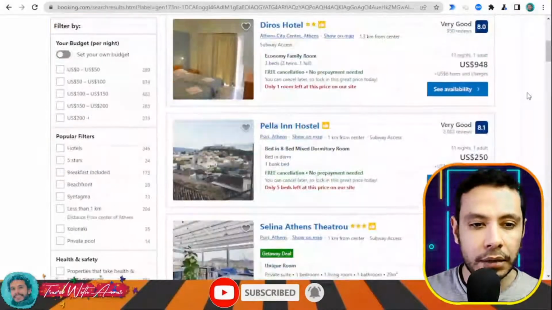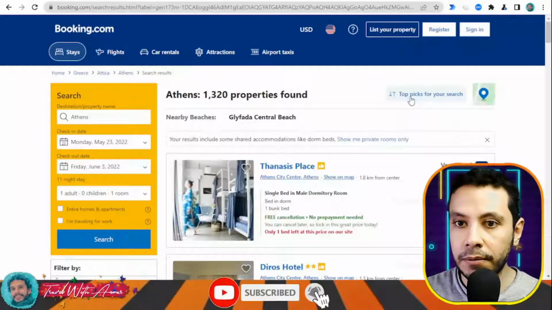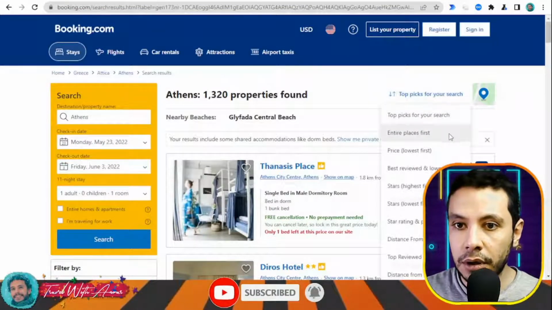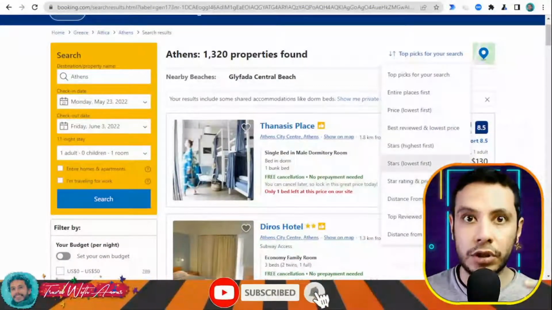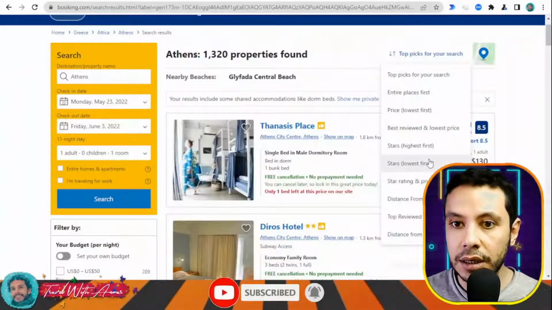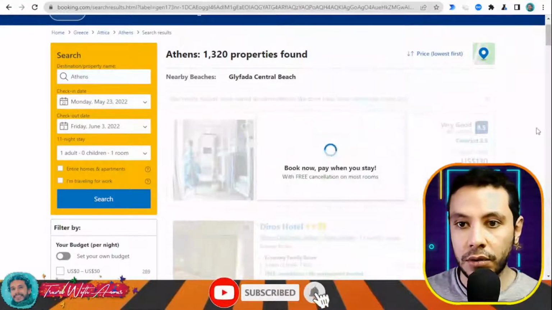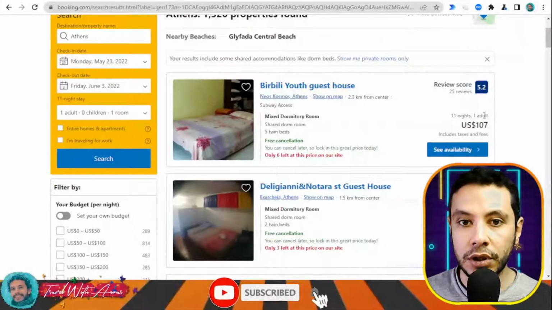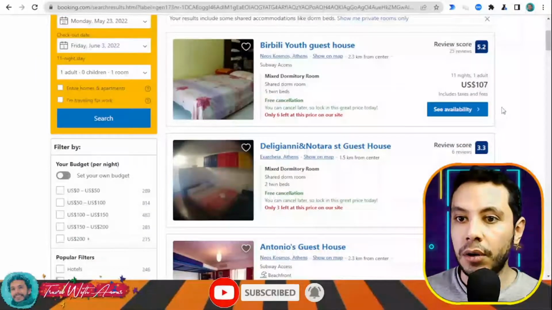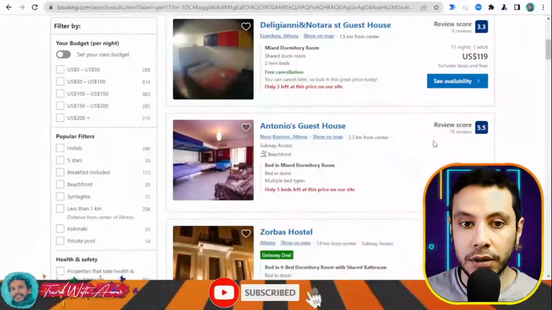You can also make some filters, for example, you want to arrange it depending on the distance, the cheapest, the price, the cheapest first or the lowest first. Okay, let's see if we can get a much better offer. Okay, there are also some other cheaper offers. 107 for 11 nights. This one,